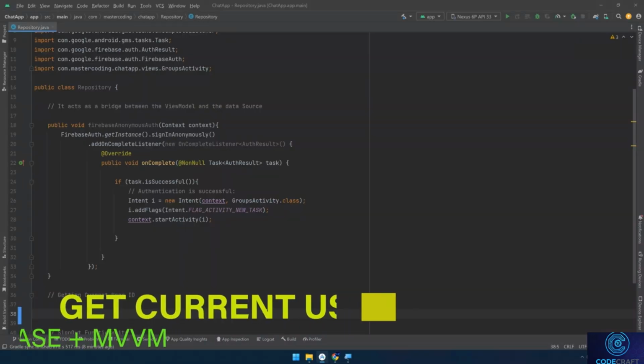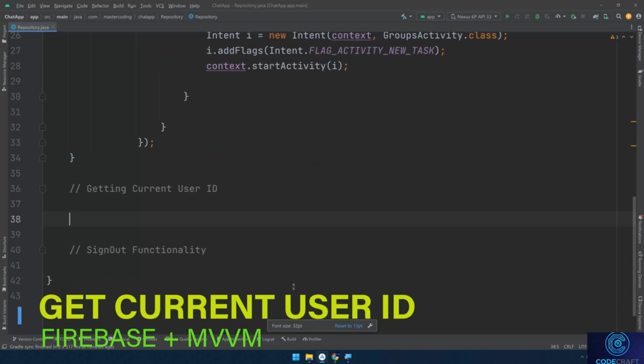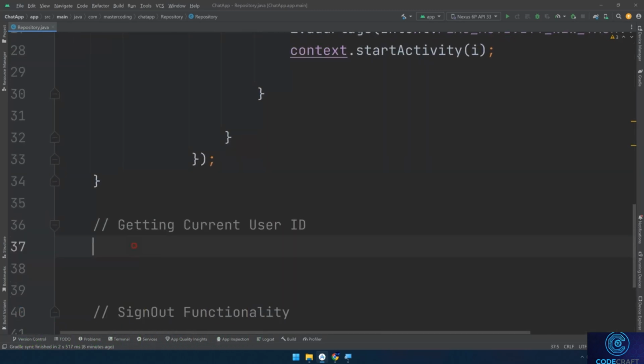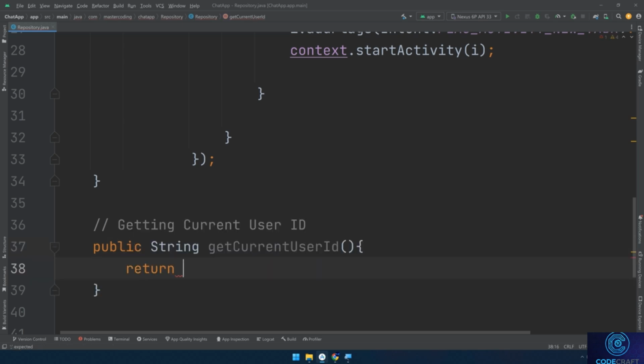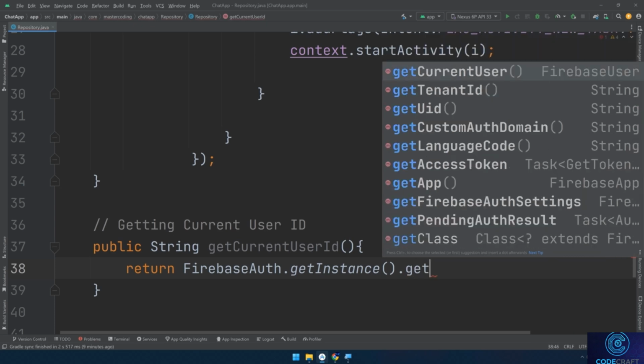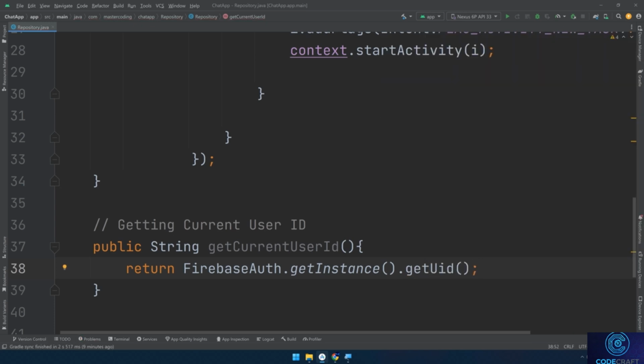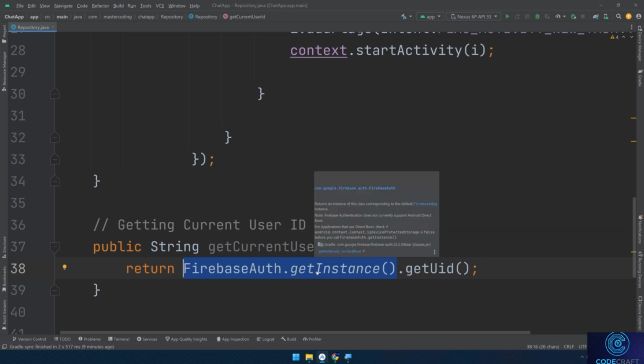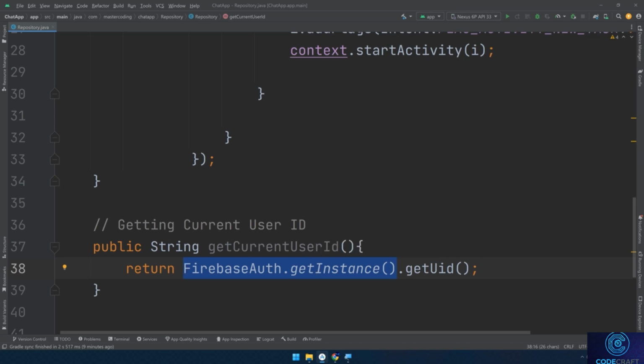Welcome back. In this video, we'll implement the sign out functionality and get the current user ID. I'll start by creating a new method named getCurrentUserID. This will return FirebaseAuth.getInstance().getUid(). As said before, FirebaseAuth.getInstance() initializes the Firebase authentication system and returns an instance of the FirebaseAuth